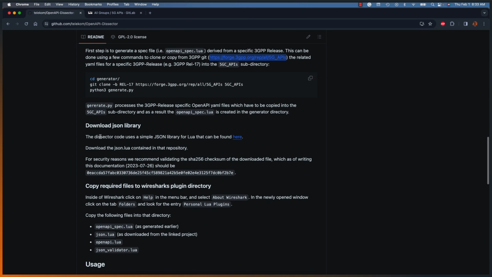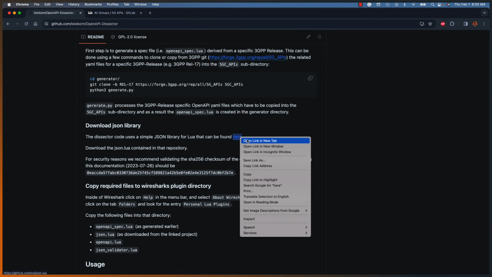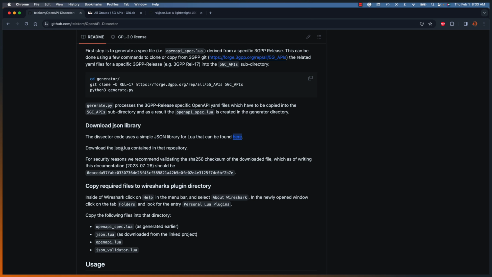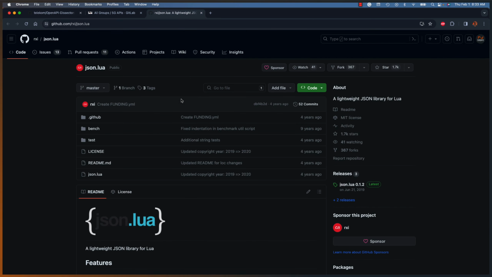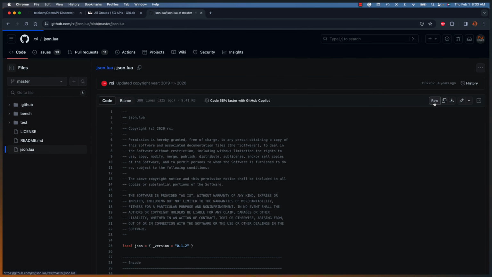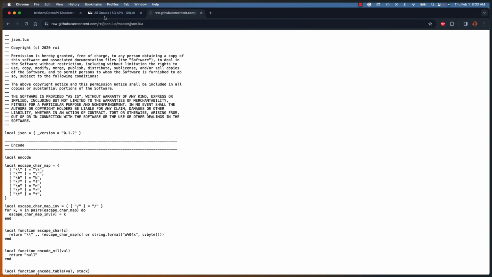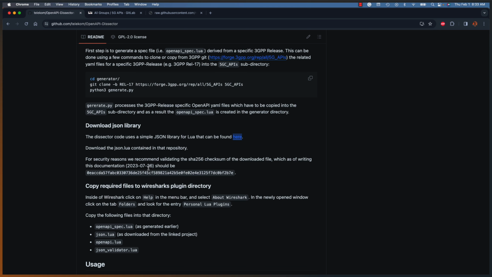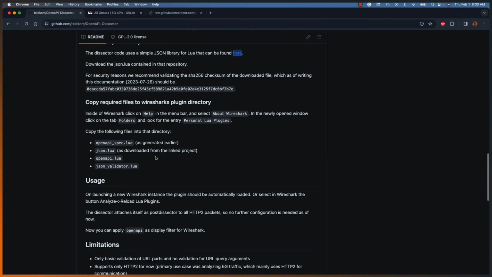You also need to go here and download the json.lua from that repository. So this guy right here. I think I just ran a wget on the raw file here and pulled that in. You can pull that to wherever, because you're just going to copy it to a Wireshark directory. So now you're going to have to take that OpenAPI_spec.lua, the json.lua that you just downloaded,